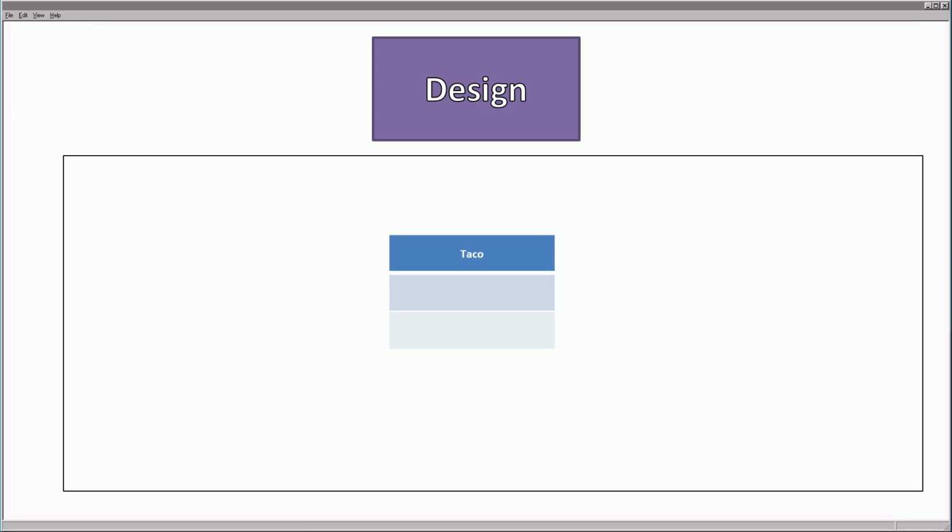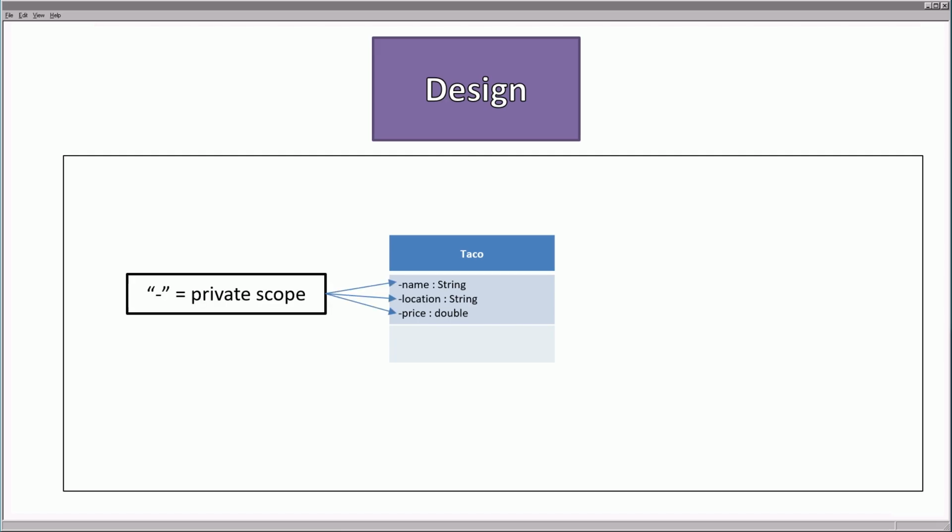The information that we need to contain for every one of the tacos was its name, its location, and its price. As a reminder, the minus sign indicates that this is a private scope. Instance variables should be private, that way we adhere to encapsulation. Now the way that you would read this, it would be written private String name, private String location, private double